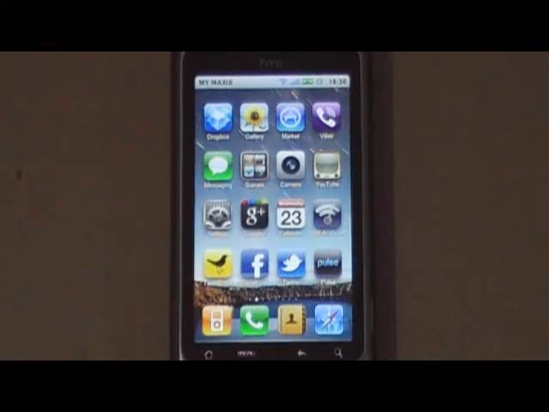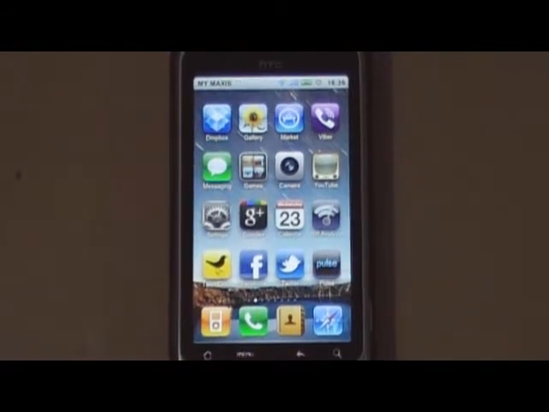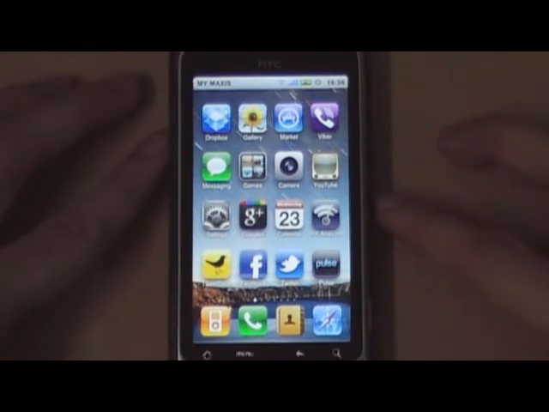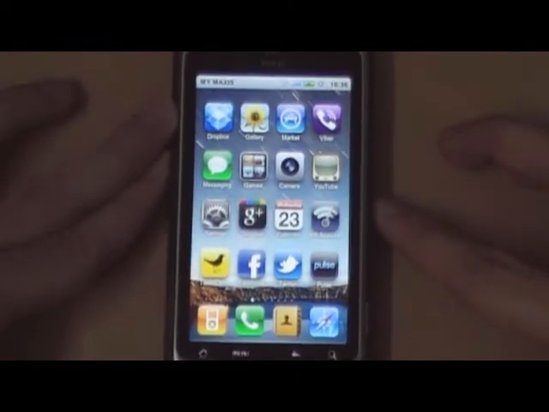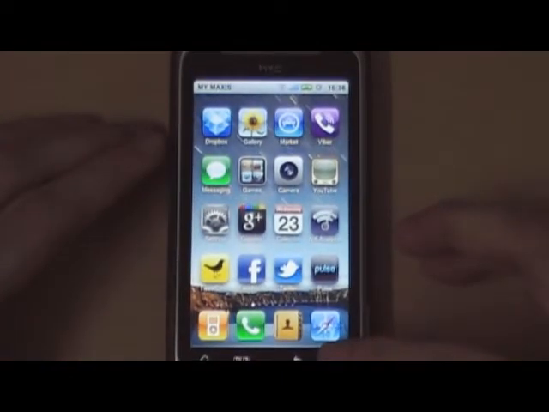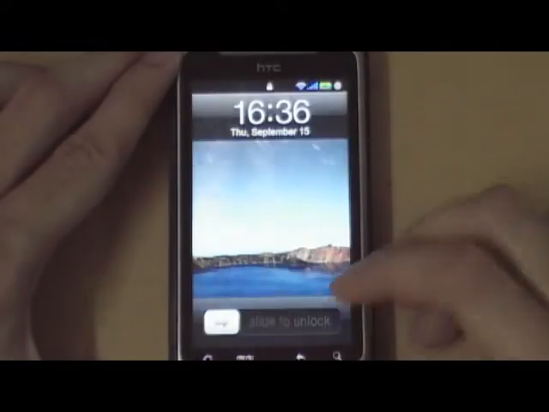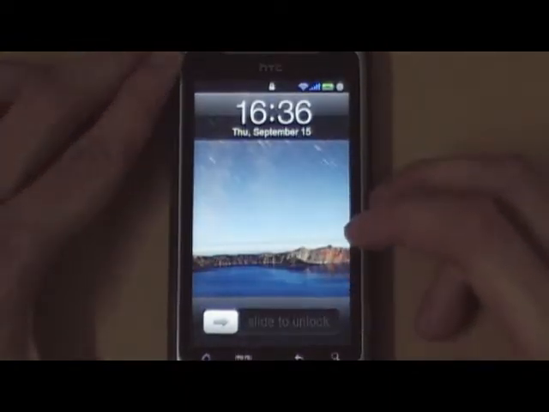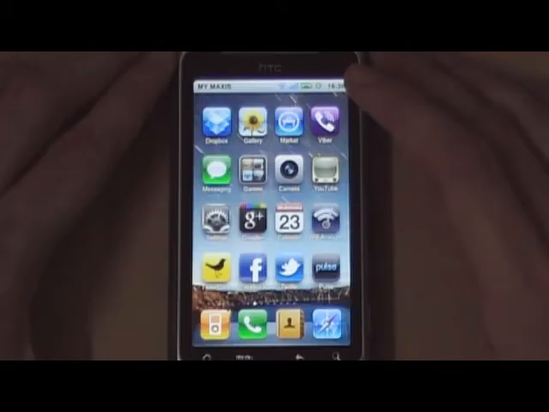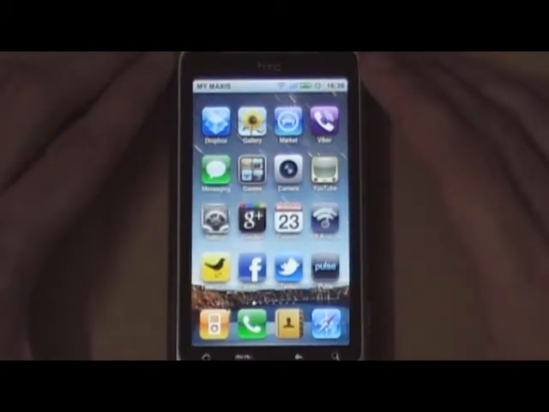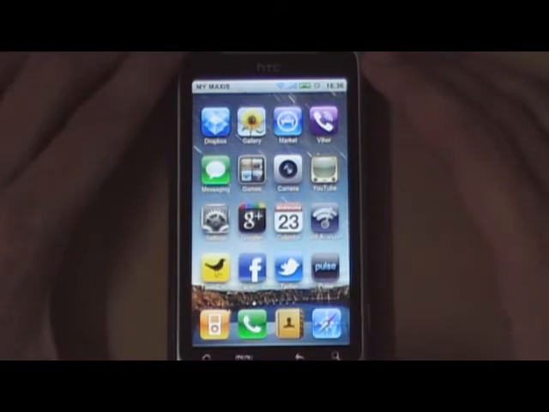Hello everyone, as you can see I've got iOS running on my Android phone once again. As you can see I've also got the lock screen and of course this isn't iOS, this is MIUI, they call it,